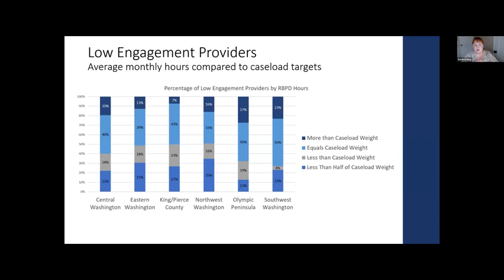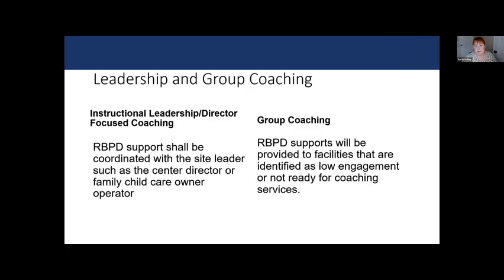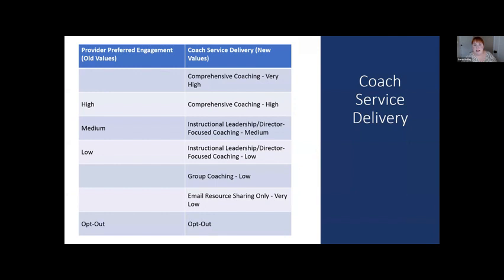So like I said earlier, we are going to be uploading the values in the way that the chart up here, sorry for jumping around, specified. So if you currently have a site that's at high, they'll automatically be placed in comprehensive coaching high, and then medium and low.